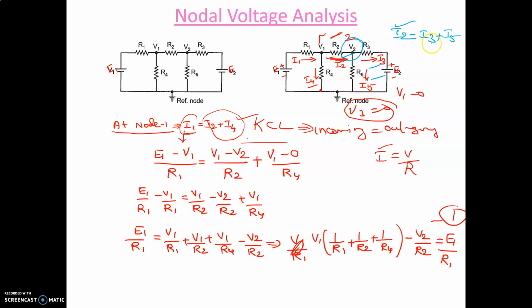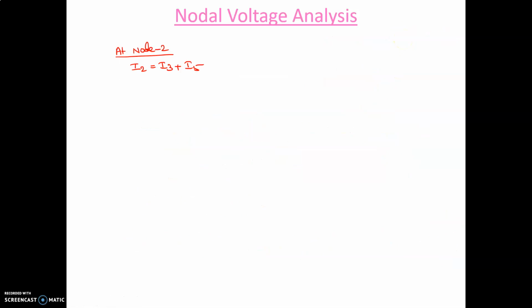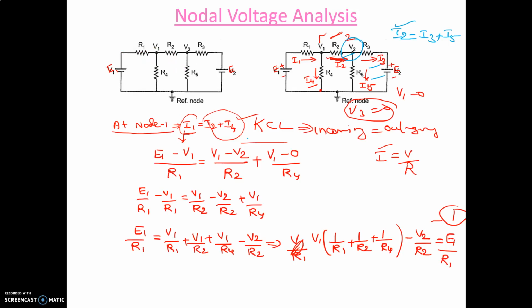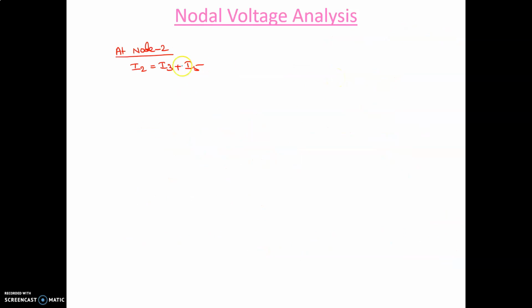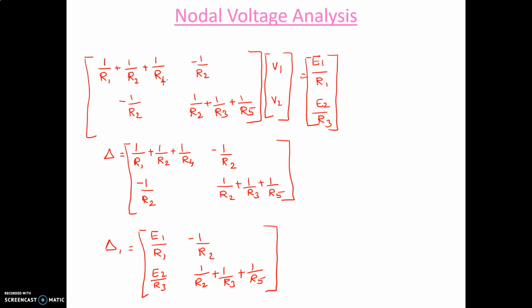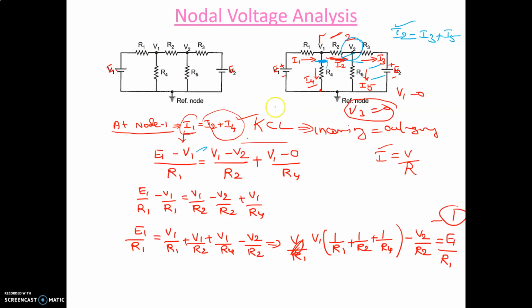I2 current is equal to I3 plus I5 current. So this is the thing I have written here. And what is I2 current? I2 current is equal to this voltage, that is V1 voltage minus V2 voltage divided by R2 resistance. So this is V1 minus V2 divided by R2, and I3 current is equal to